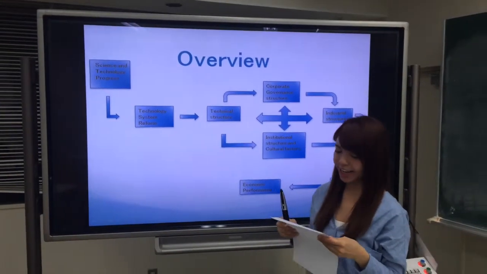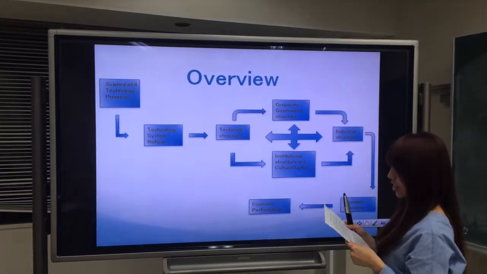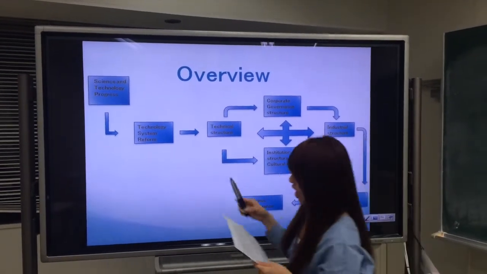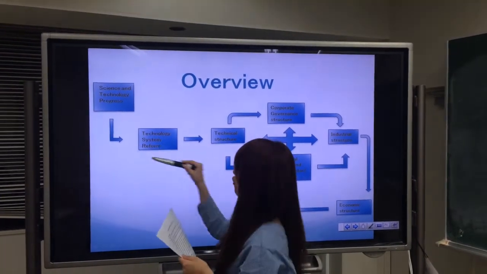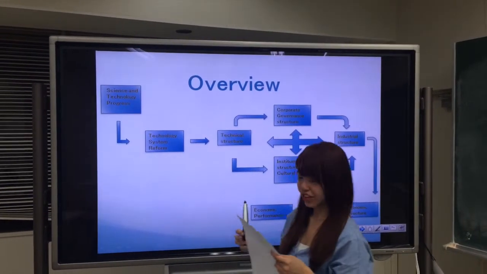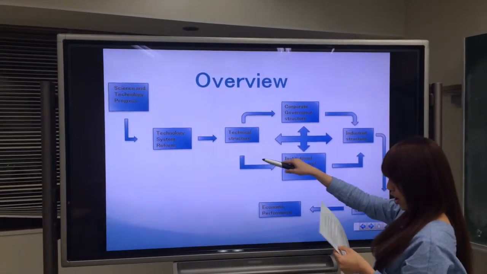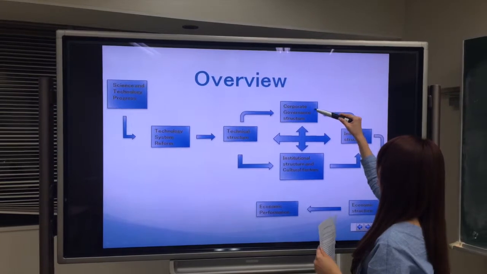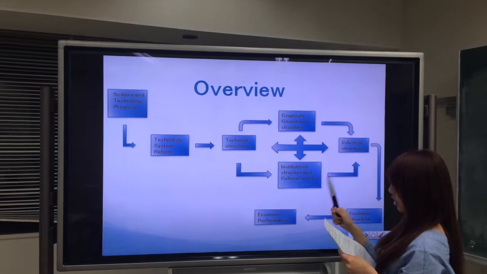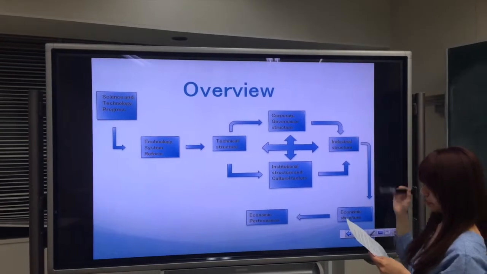First, I'm going to explain how technology pushes the economy forward. As you can see on this flow diagram, technological advances will lead to reform in the technology system and further affect technical structure. Then, technical structure affects corporate governance structure, institutional structure, and cultural factors. The above two will lead to the change in industrial structure.